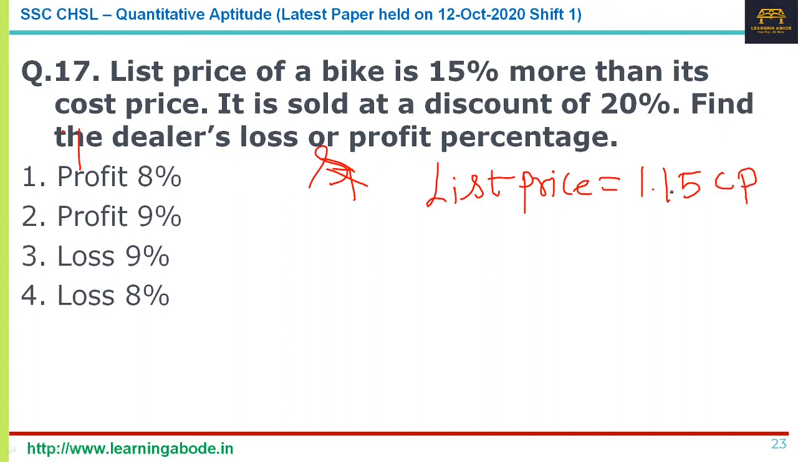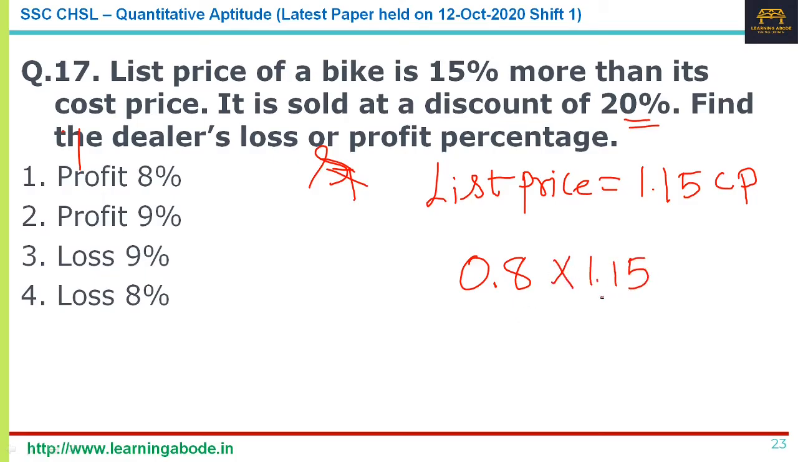Now you are offering a 20% discount. A 20% discount, you can write it as 0.8. A 10% loss, you can write it as 0.9. A 20% loss, you can write it as 0.8. So anyhow, loss is on the cost price, whereas discount means you have lost something on the list price. You're losing something on the list price. So 0.8 of